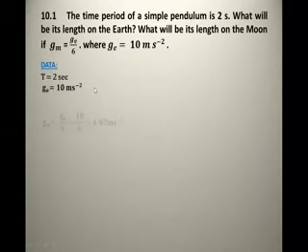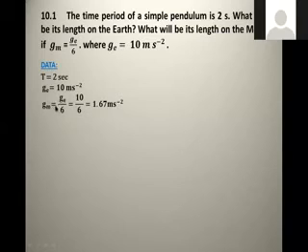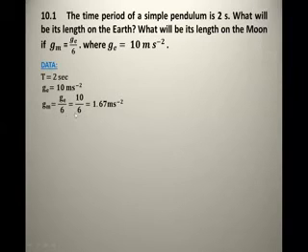Okay, then I'm moving further. I am writing the formula as the value is given in the numerical also, that gm is equal to ge by 6. Then tell me further what I'm doing. Now find the value of gravitational acceleration of moon. Now we have to solve it by applying the formula. I'm just putting here the value of ge, which is equal to 10. Then 10 by 6 is equal to 1.67. Then tell me what is the value of gravitational acceleration on moon?